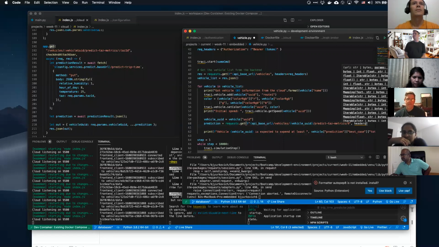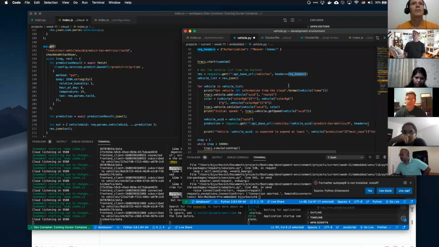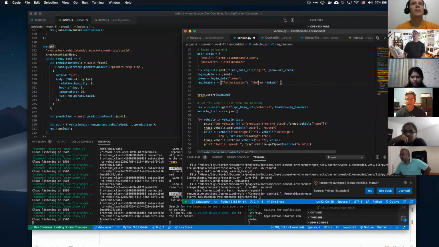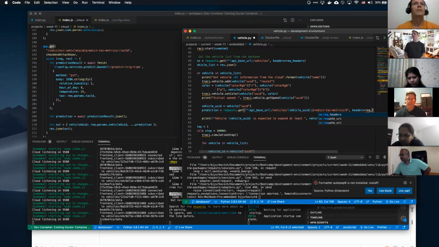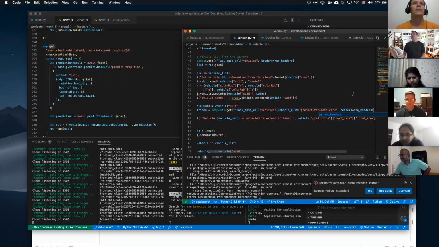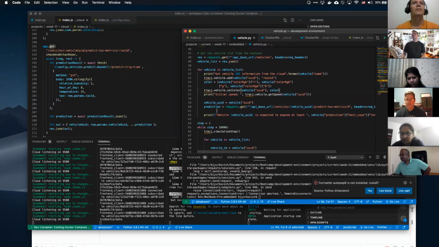And then we're going to do headers, request headers. We can use the same thing. Remember, the request headers has our security. So that's our value added, right? For going through our gateway, we kind of get that security for free. Request headers. And then we can just say this prediction.